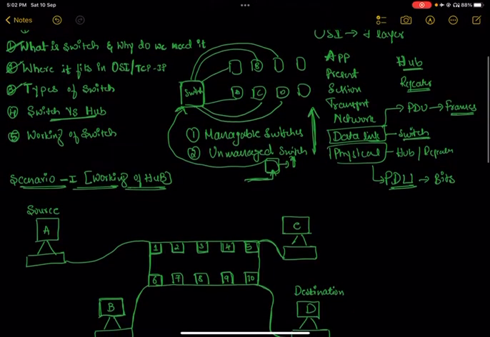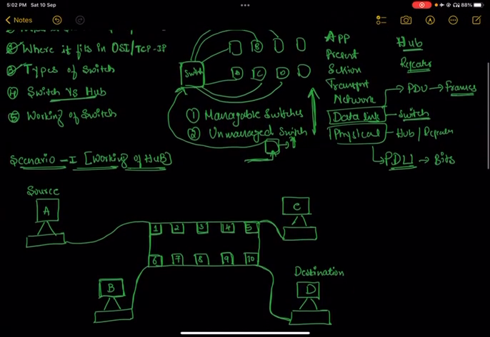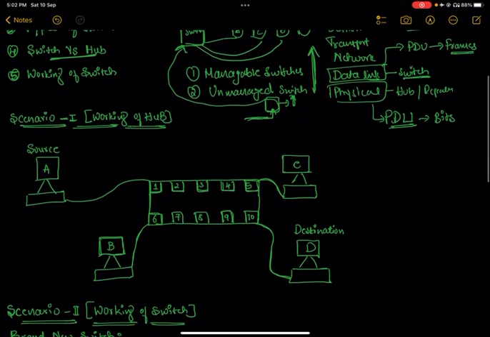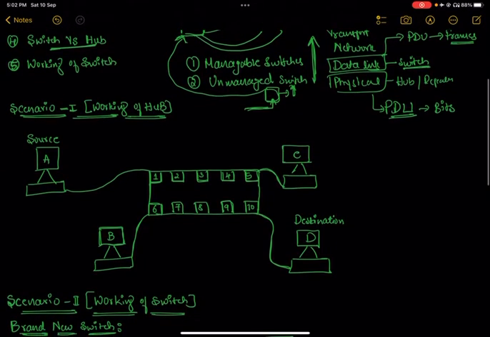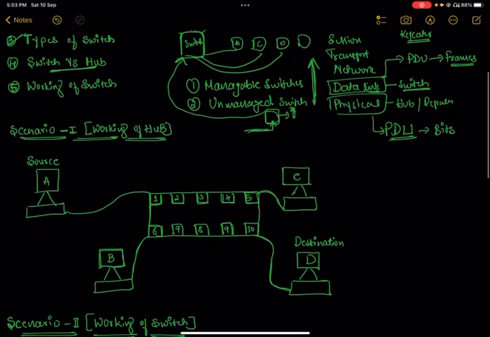So in order to understand our fourth point, that is switch and hub, I would talk about a scenario here. So let's see how a hub works in a network. This is the pre-drawn diagram that I have in order to save our time in today's class. This is the source, this is the destination that we have here, right? And then we have four devices, and guys, this is our hub,